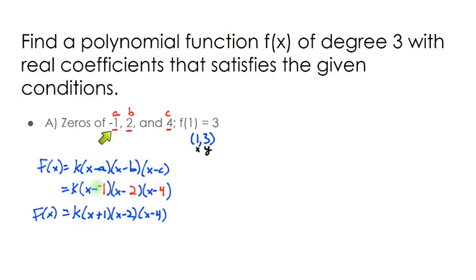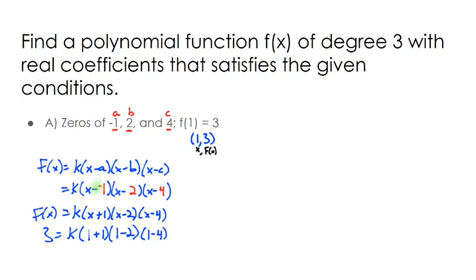So we have written a function that has these zeros, but we haven't yet ensured that it passes through this point (1, 3). And basically this point is going to help us find our k value. So if I think of the 1 as the x value and the 3 as the y value, and we know that y is really just f of x, I can substitute those values into the function that we have and solve for k. So I'm going to take that 3 and substitute in for f of x, because it's like our y value. We're trying to figure out k, but then I have x plus 1 times x minus 2